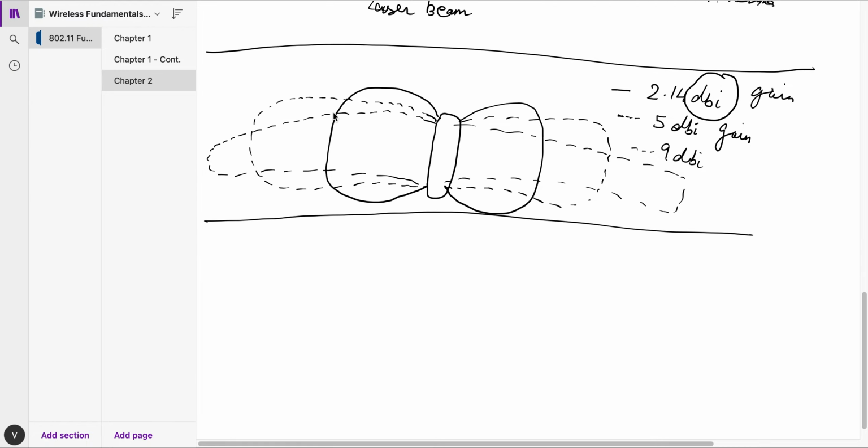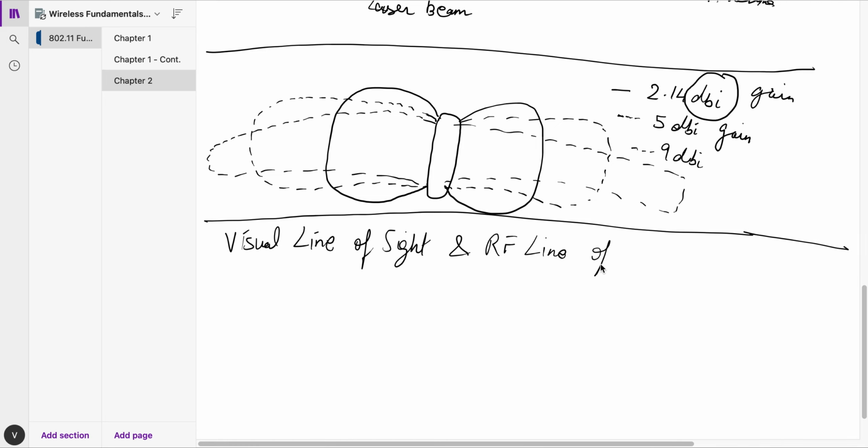One important thing, and in fact a couple of concepts that come to my mind now, are the visual line of sight and the RF line of sight. These are two different things. We'll talk about visual line of sight first. Okay,